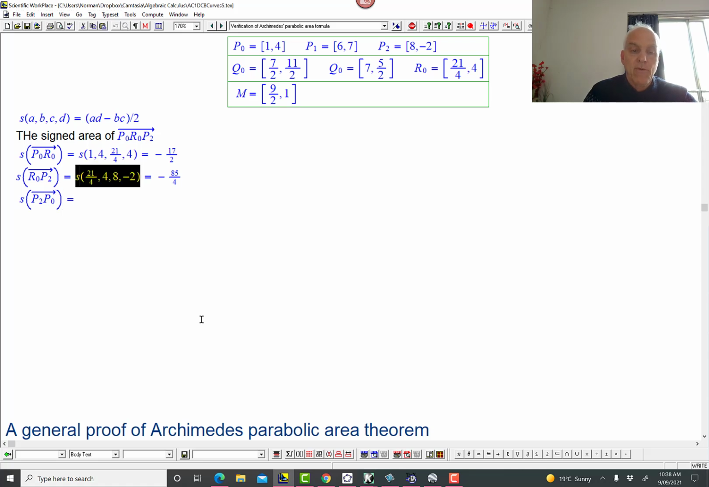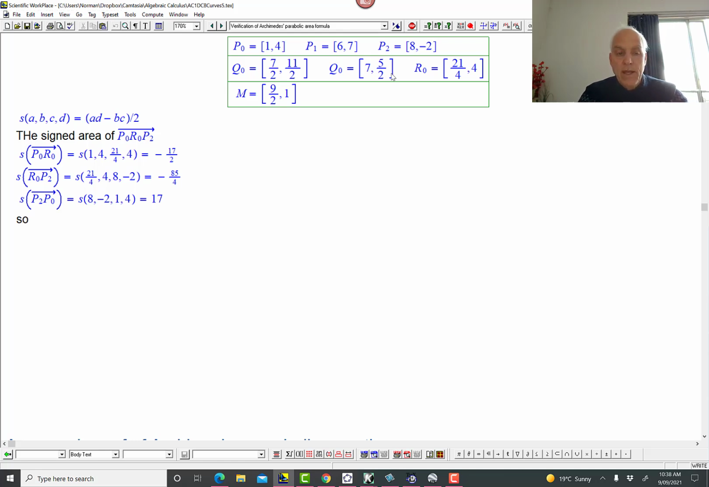Okay, so I'll grab this thing. I'll get rid of the first 2 entries. So now we just have P2, and I have to go back to P0, which is 1 comma 4. Okay, so those are the signed areas of the 3 segments of this triangle, and so we can conclude that